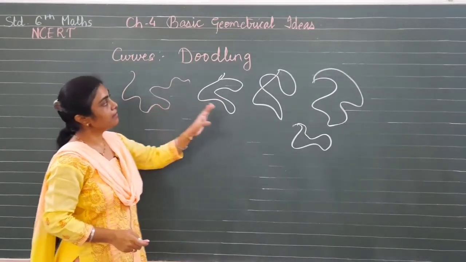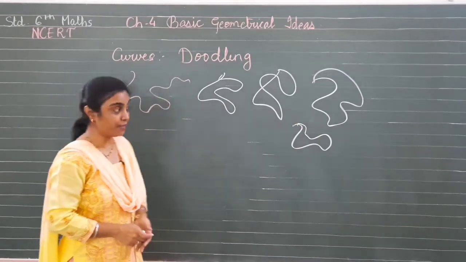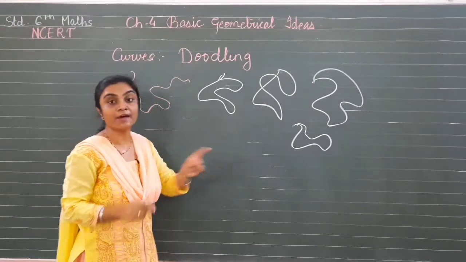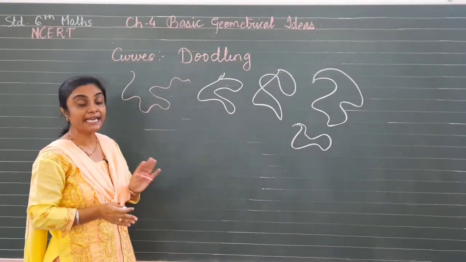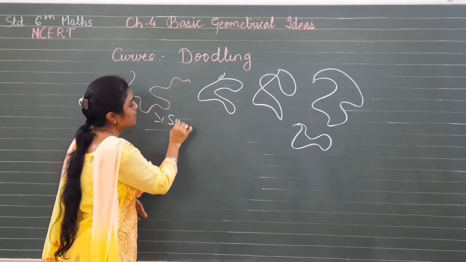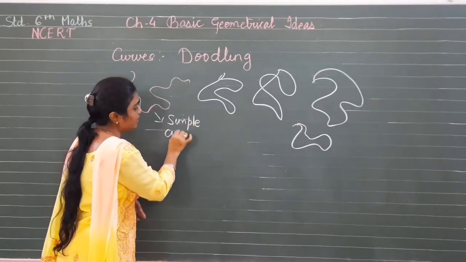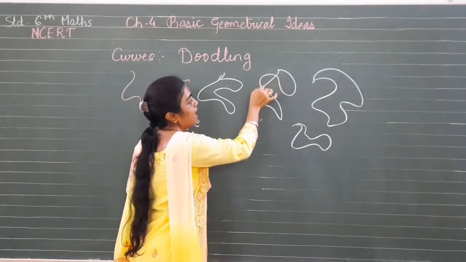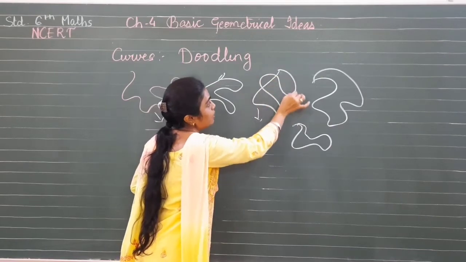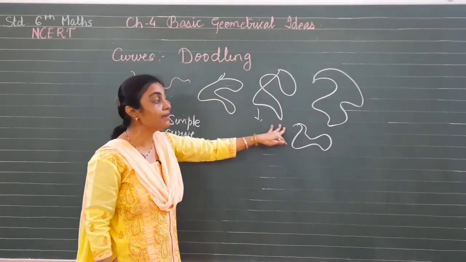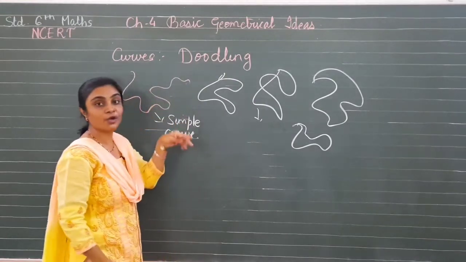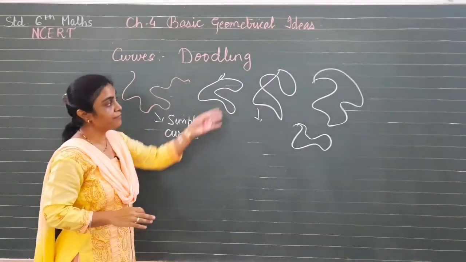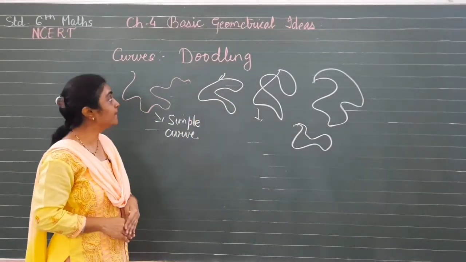Now this figure, this one and this one. Here I had started from here and I am going from this. So this type of curve I am not overlapping or crossing each other. So this type of curves are called simple curve. Now in this figure, I have started from here, I am going from this and I am crossing this curve like this way. So this is not a simple curve. Without crossing the curve, it is called a simple curve, simple drawing. But if you cross each other, it will not be a simple curve.